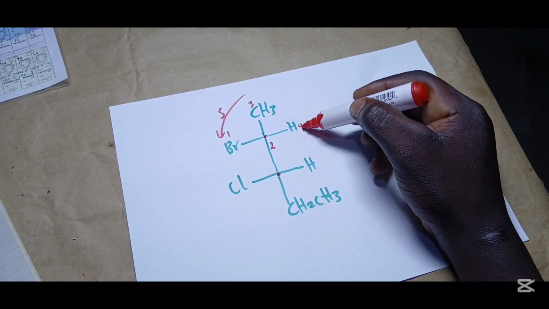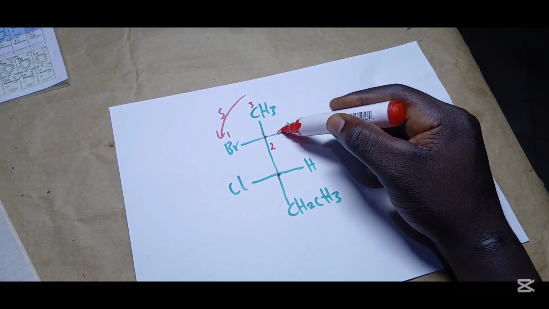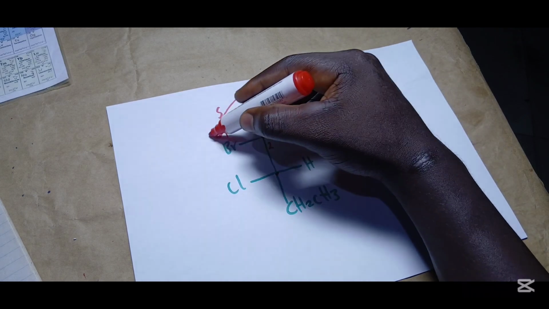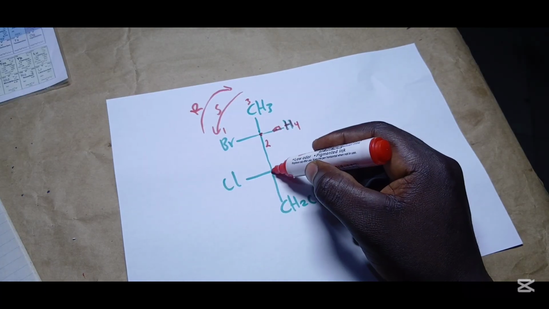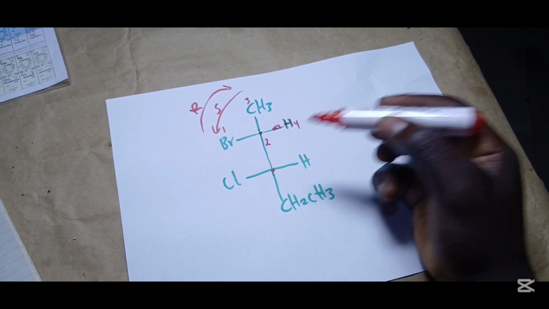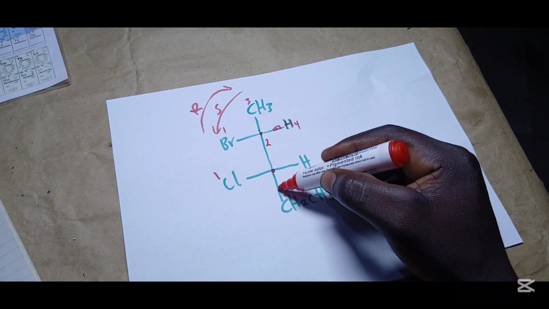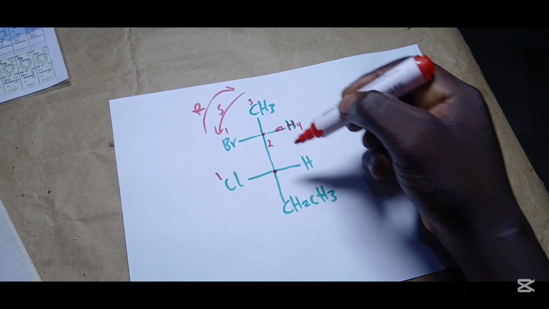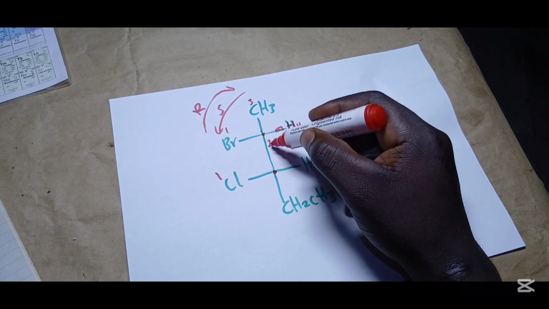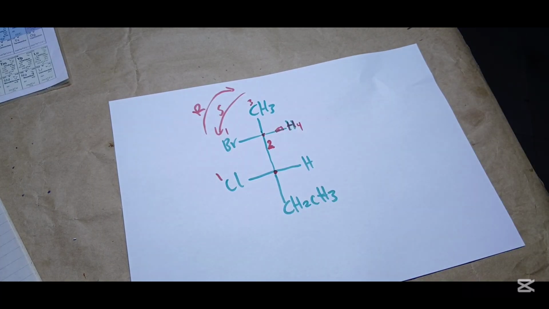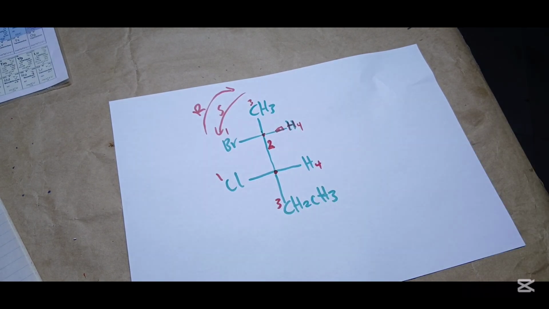But our least priority group is not at the top or at the bottom. Since it is at this side, it means it is on the solid wedge. So we have to change the configuration. So this is going to be an R. For this chiral center, it's going to be an R. So let's look at this chiral center. So we have chlorine as priority number 1. Then we have an ethyl group here with a halide, which is definitely going to be our priority number 2 because of the halide. And here will be the priority number 3, and this will be priority number 4, the least priority